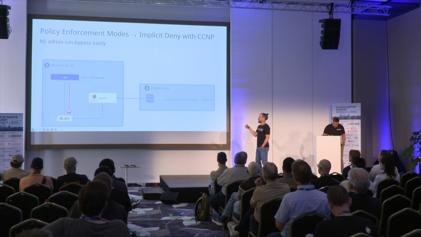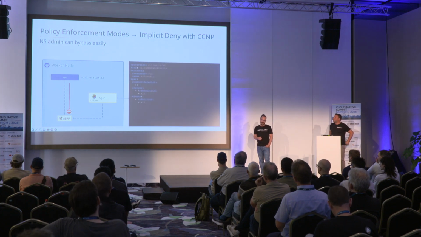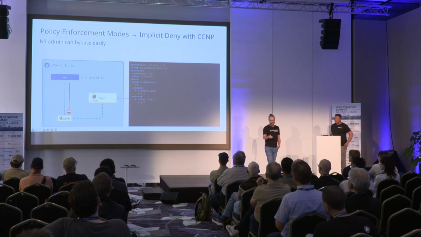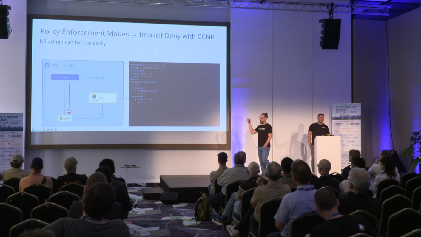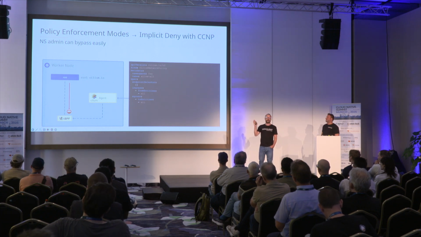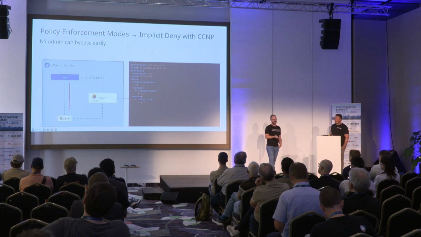And maybe they're too lazy to build a proper policy. So there might be people that actually put in a policy like this, right? So they're allowing everything in their own namespace. And with that, they can completely circumvent the implicit deny all that we've implemented with our